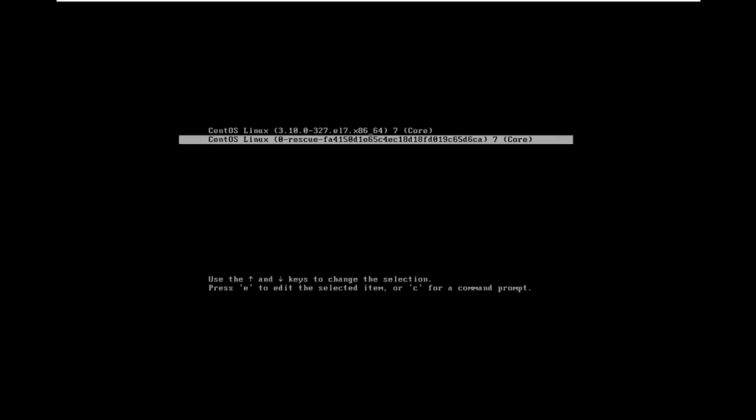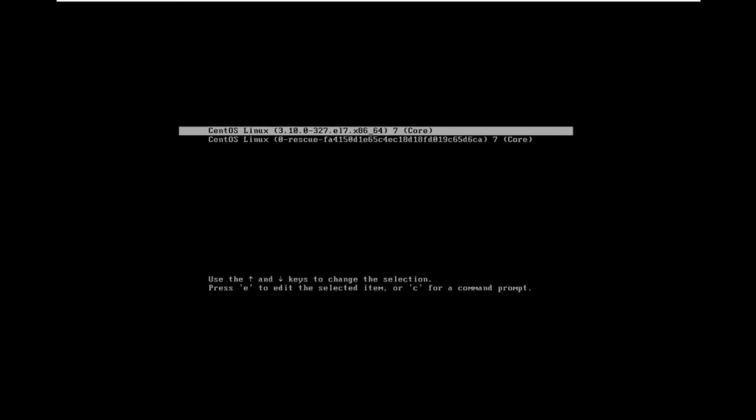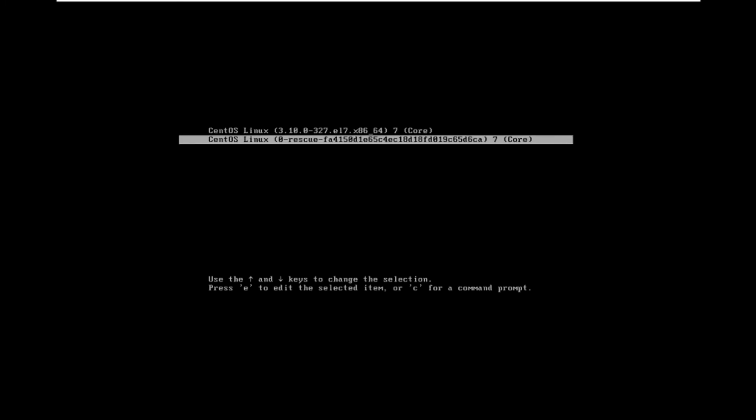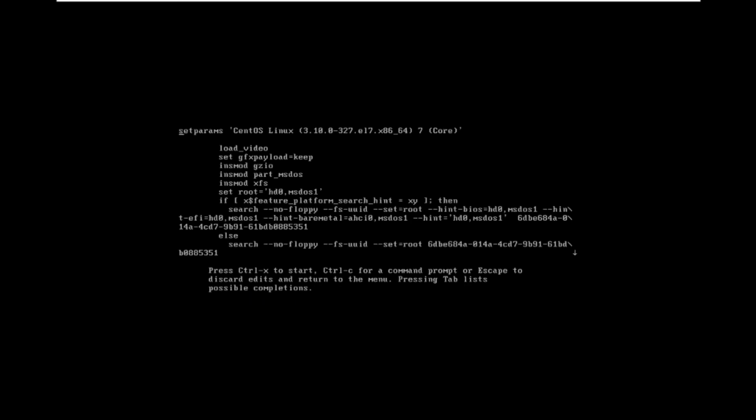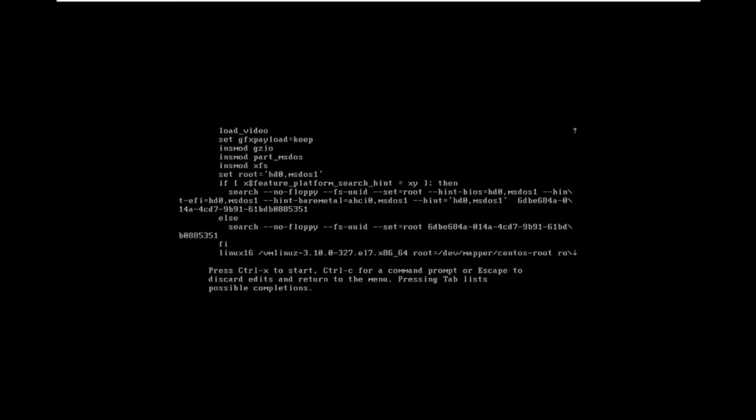We take the option back to the top, and we press E on the keyboard to make sure that we edit the boot options. And to do that, we'll just press E on the keyboard and go from there. Okay, so once that's done, all we need to do is to look for the line for the kernel, which